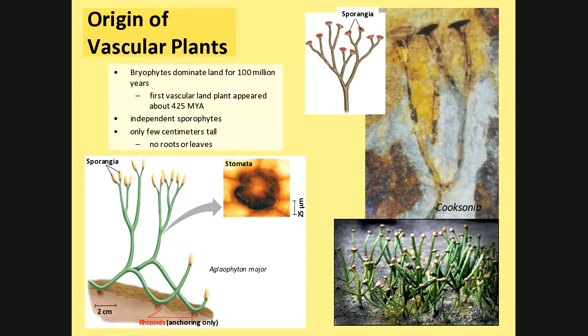A rhizoid, in these early vascular plants, only does anchoring. So plants all have rhizoids, which just anchor the plant. They don't suck anything up. Now, the bigger plants, more modern plants, if you will, or derived plants, they have roots, and roots do both. They do the anchoring of the rhizoids, and they do the absorbing of the nutrients as well.